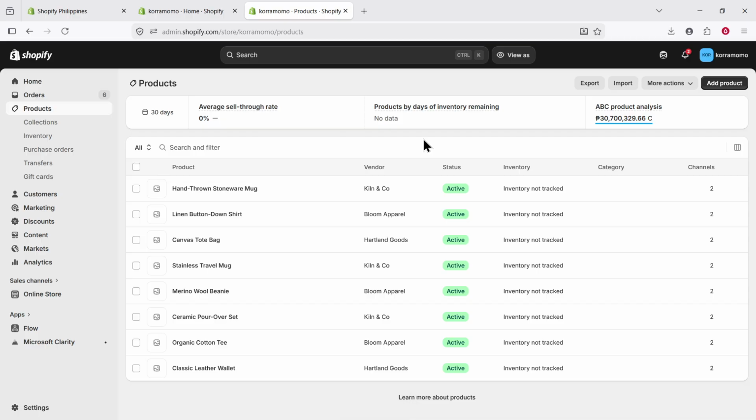Now you should be able to see the vendor column alongside your other product information in the products table. The setting stays saved for your user account, so you will not need to turn the vendor column back on each time you return to the